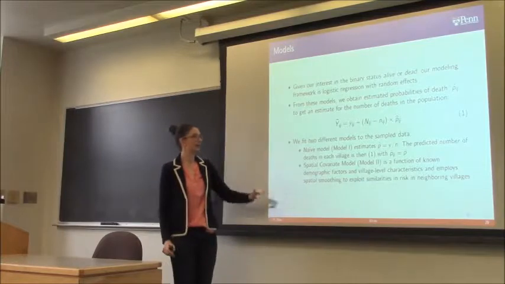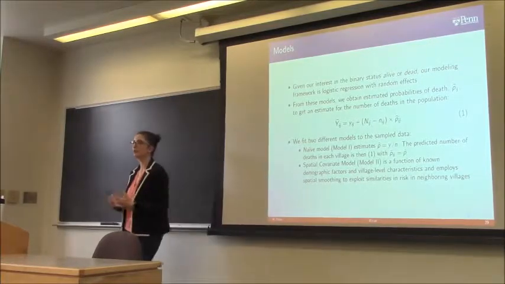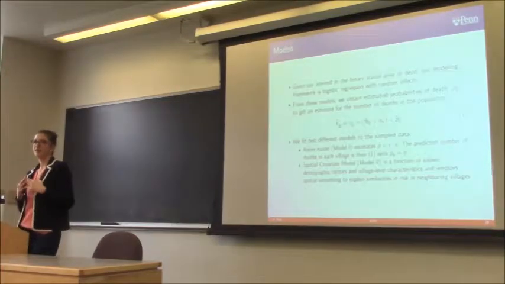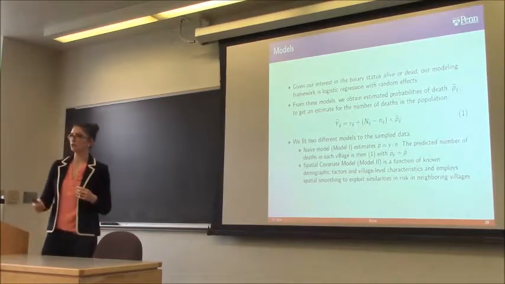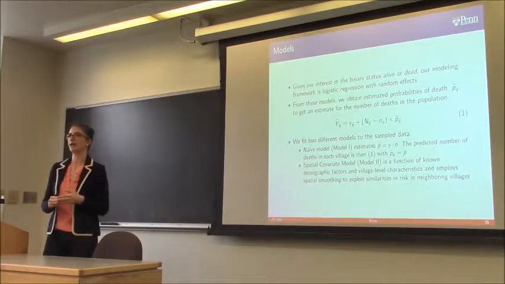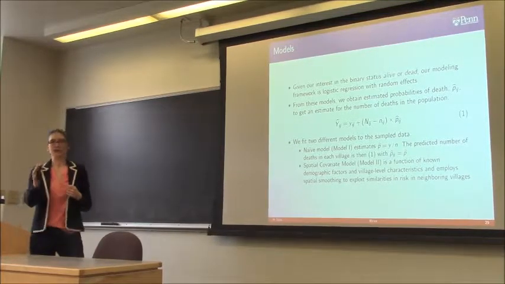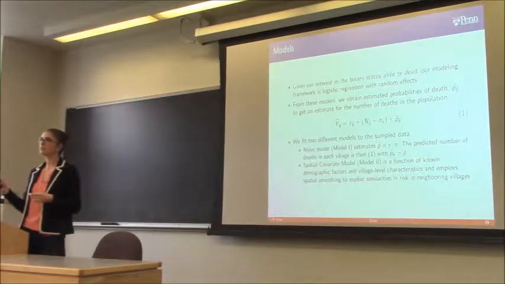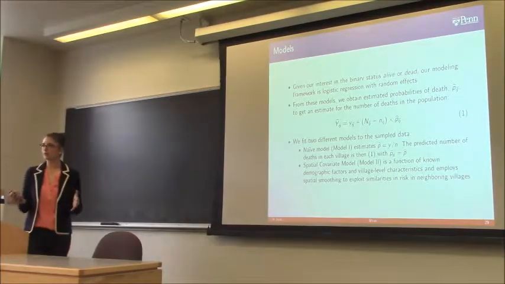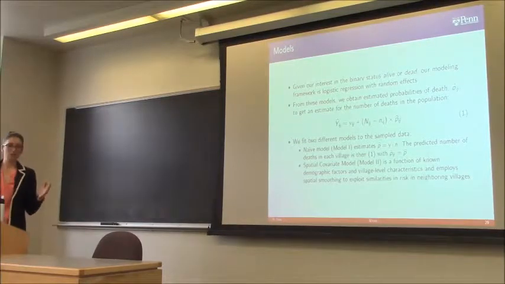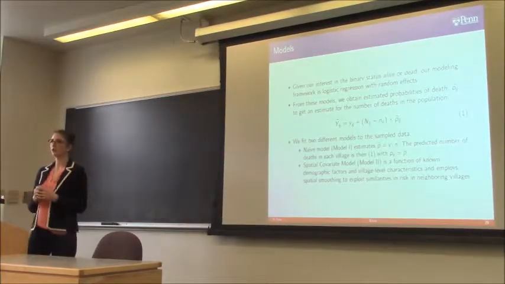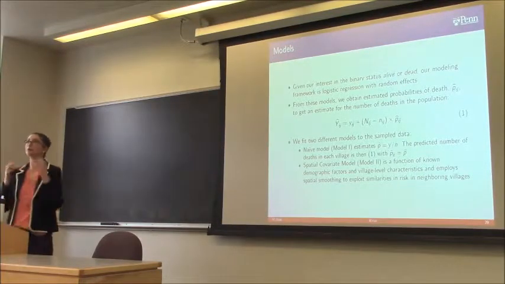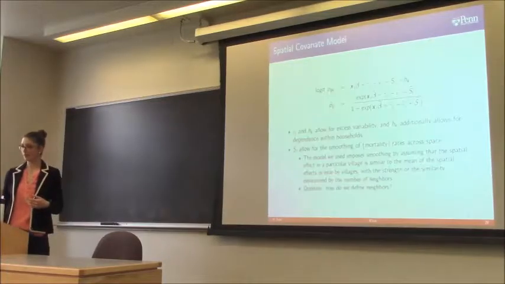That's what we're doing here. In the second approach, we're doing something a little bit more sophisticated, because I want to take into account where you live. So what that means is, I want to know about your village. What do those village characteristics look like? I want to know about your age and sex status in particular. And I also want to know about what villages look like you, and what do their probabilities of death look like. And so this spatial covariate model takes into account all of those things to create a hopefully better picture, or a better guess, at the probability of death.